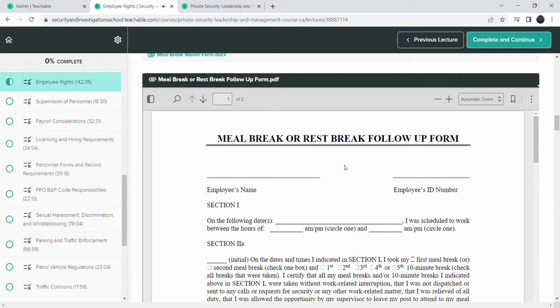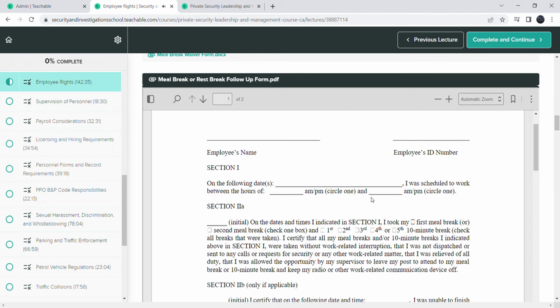Let's see what else I have. And this is a follow-up form. So your employees might waive their breaks or maybe not. Well, we need a follow-up form. We need to make sure whether or not they took a break or they did not take a break. Because if they did not waive their breaks, this is what's going to hit you later on if you're an employer. You're going to be hit with